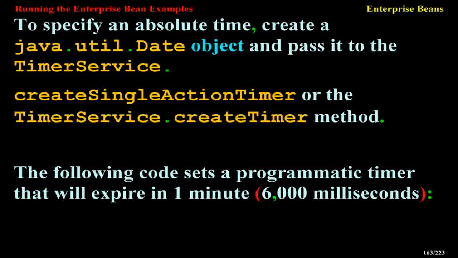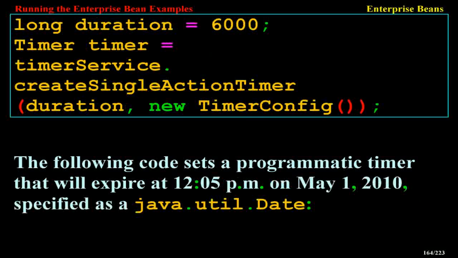createSingleActionTimer method of the TimerService. The following code sets a programmatic timer that will expire in 1 minute (60000 milliseconds). long duration = 60000; Timer timer = timerService.createSingleActionTimer(duration, new TimerConfig());